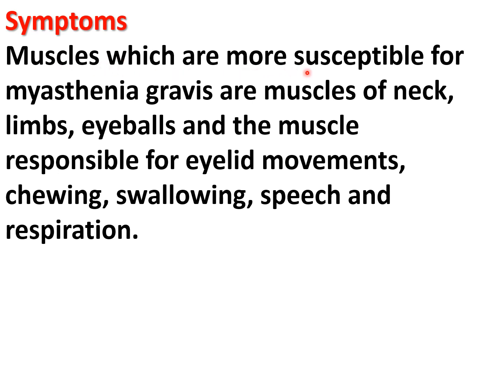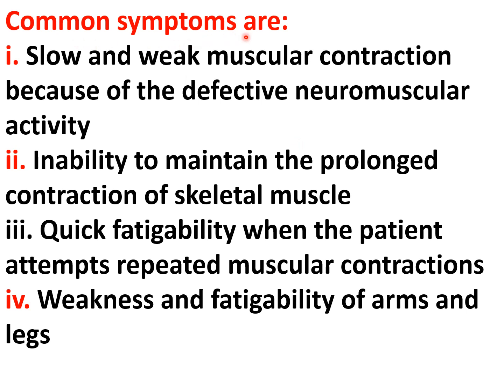Symptoms. Muscles which are more susceptible to myasthenia gravis are muscles of the neck, limbs, eyeball and the muscles responsible for eyelid movements, chewing, swallowing, speech and respiration. Common symptoms of myasthenia gravis are slow and weak muscular contraction because of defective neuromuscular activity, inability to maintain prolonged contraction of the skeletal muscle, quick fatigability when the patient attempts repeated muscular contraction, and weakness and fatigability of arms and legs,